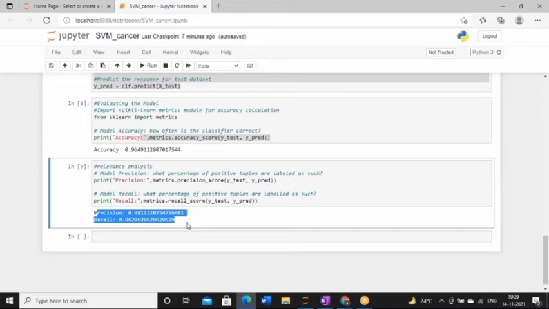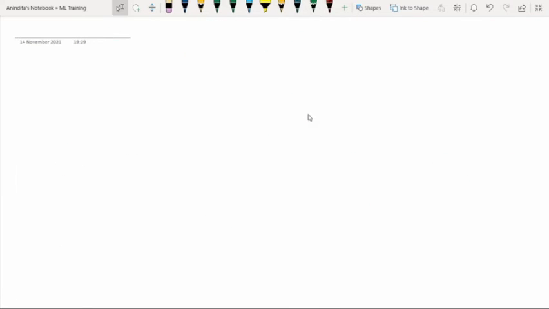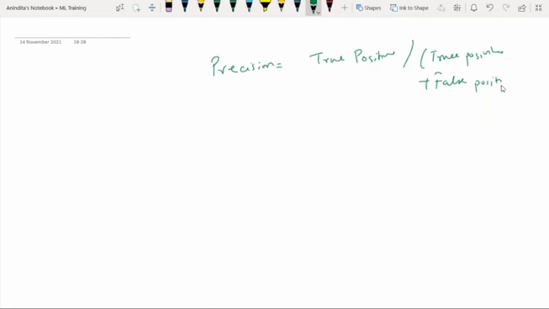True positive and true negative values and everything, but for the time being you just have to remember one point for the calculation part. If you ask me to give the precision formula, the precision formula will be true positive divided by true positives plus false positives.